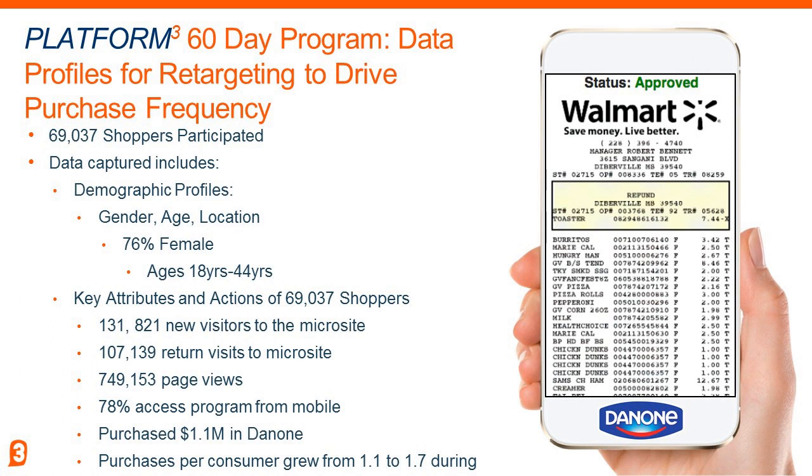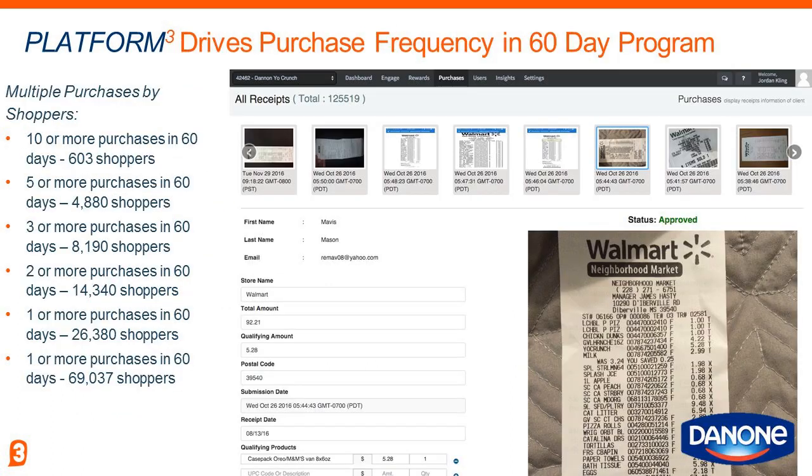So the key thing is that our clients will be able to access all of this key data 24/7 via our data dashboard. We also are tracking purchase frequency. So we're going to be able to learn who our most valuable consumers are, who is spending the most money in terms of purchasing our brand's products. We will learn who's submitting the most receipts, and then we could really slice and dice and sort our registered consumer base by any type of search criteria we could think of to create custom offers and targeted email marketing lists.